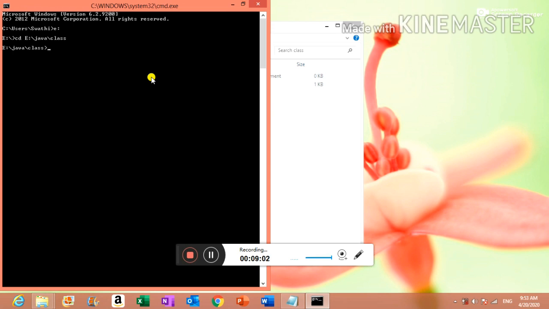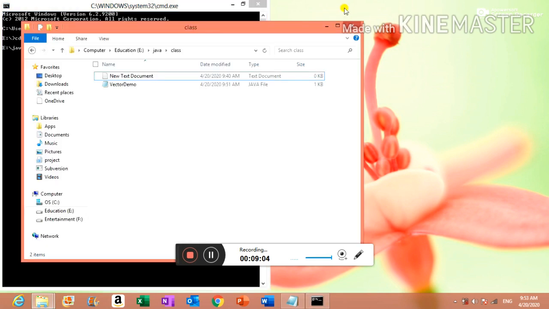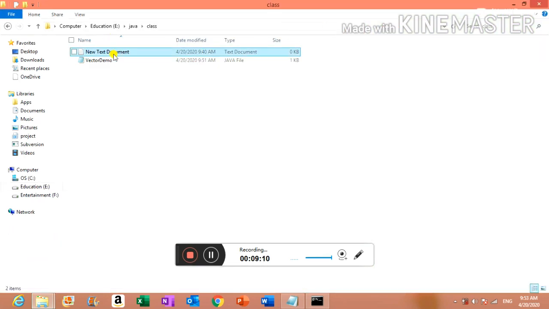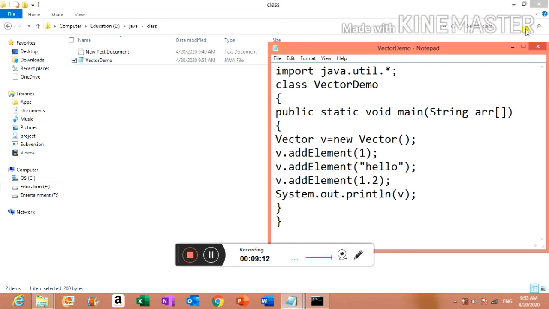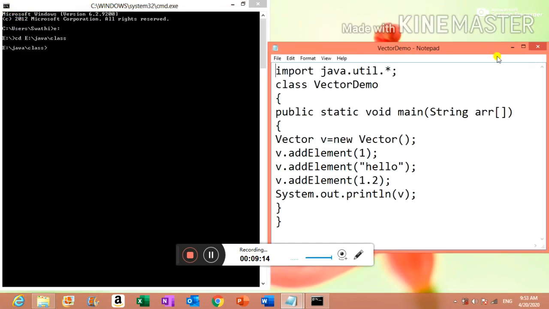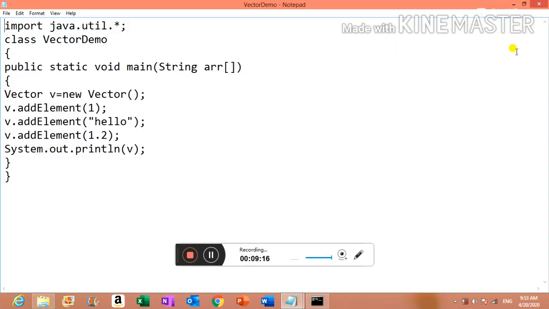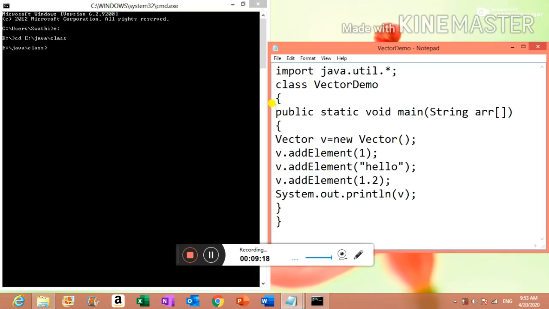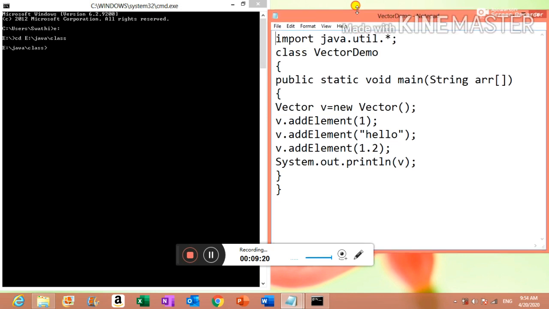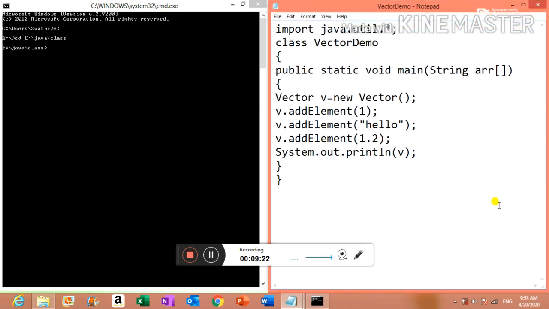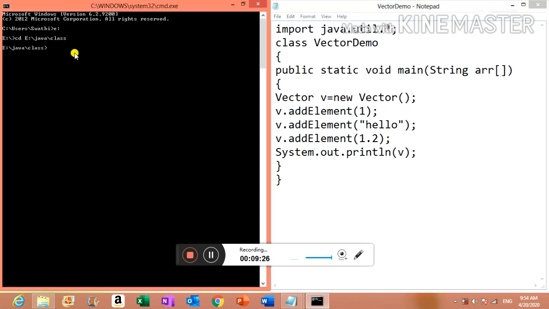Now I want to compile and run the file which I have written, right? So let me open the file once and let me show you the contents. So this is my file which is VectorDemo, right? I am trying to compile it first.